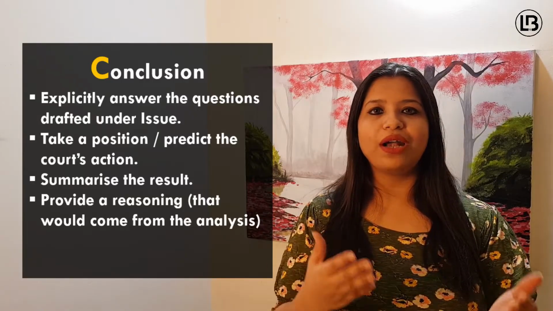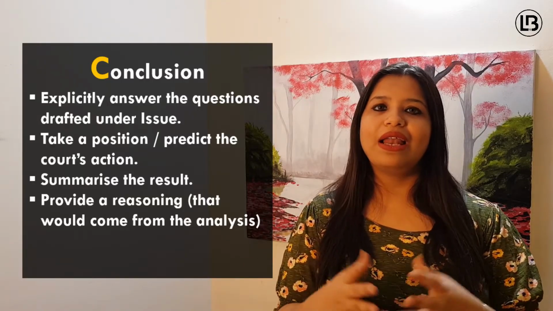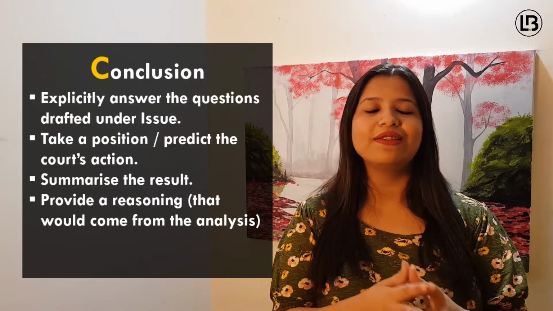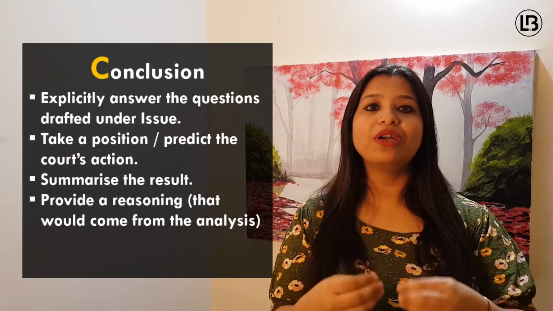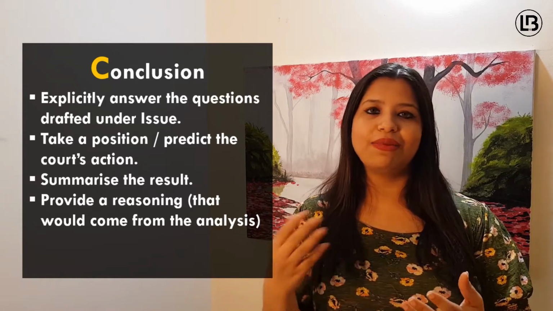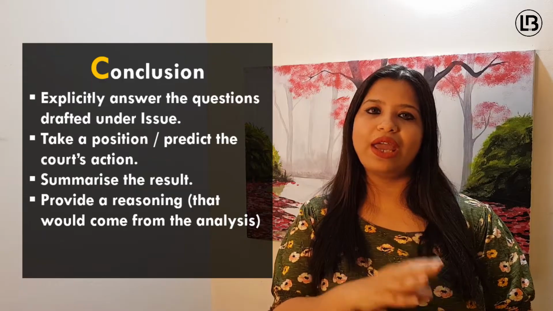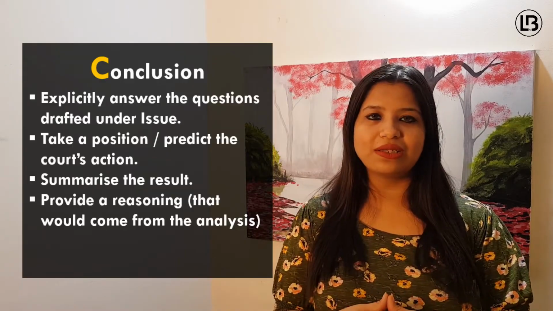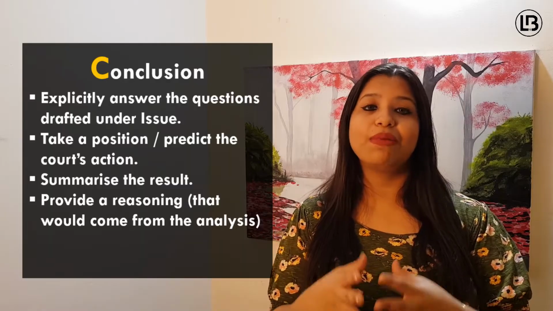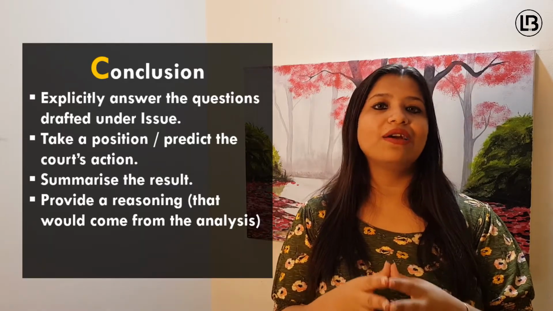So if you continue with the same example of trespass, let's say the court says that B was justified in entering in A's property. You will want to give the reasoning as well. So conclusion cannot be just one line saying that yes, B was justified in entering, or A does not have a right to claim damages. You will have to substantiate by saying on what basis, because of what reason is the court going to arrive